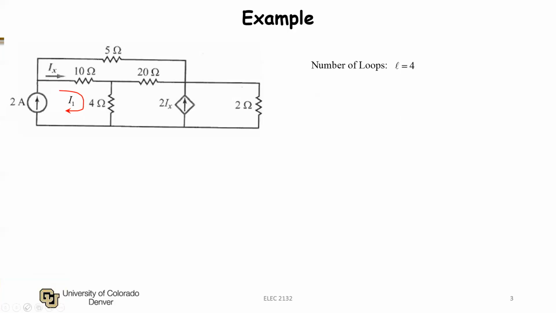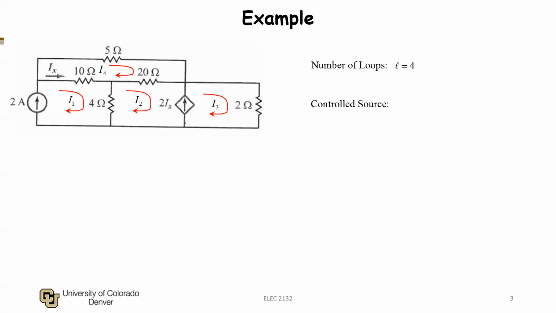Then I'm going to define this next loop to be I2, flowing, again, I just chose arbitrarily, a clockwise direction, I3 for the lower right loop, and then I4 for the top loop. So I've labeled my 4 loop currents. I chose a clockwise direction, and they flow through all the branches in that loop and superimpose in any shared branches, excuse me. Now we've gone through the first 3 steps, and we are ready to start writing down our equations